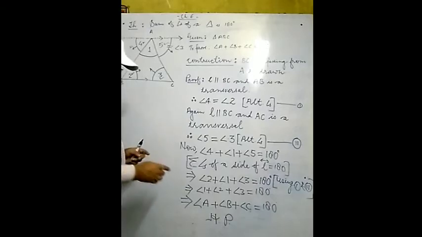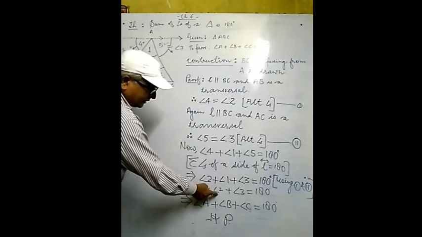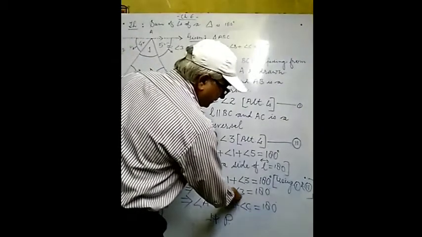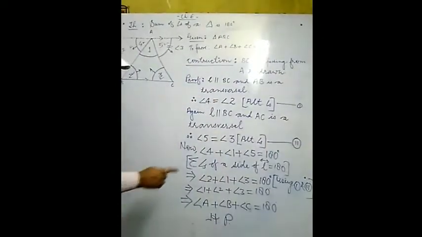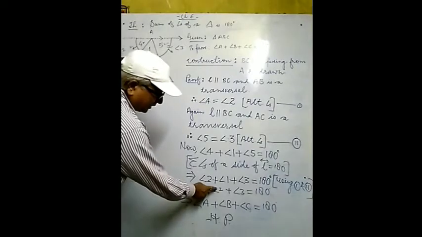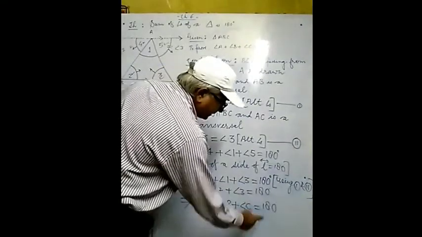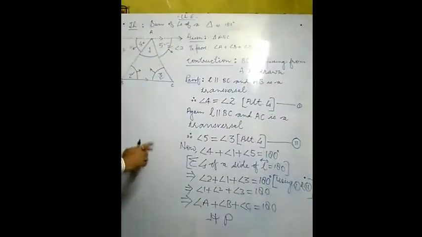So we have to regroup. How can we regroup? We can note down systematically which angle comes first. So angle 1 comes first, then angle 2, then angle 3 equal to 180 degrees. Now angle 1 is the embodiment of angle A, angle 2 is the embodiment of angle B, and angle 3 is the embodiment of angle C. In this way, angle A plus angle B plus angle C equal to 180 degrees,